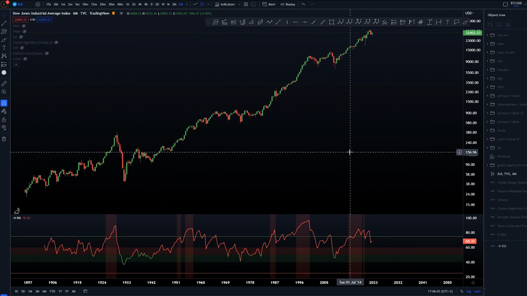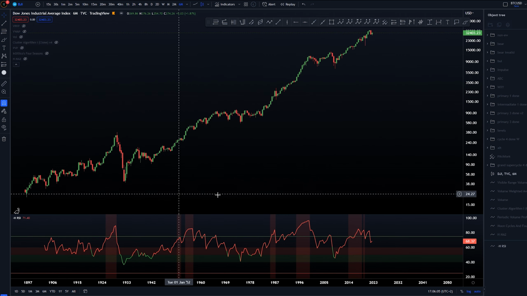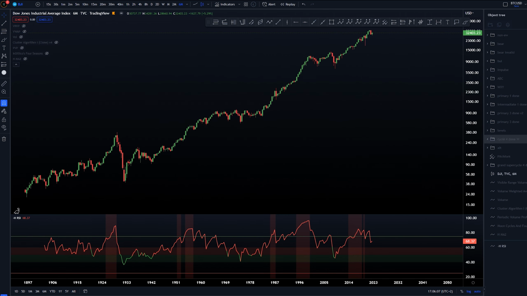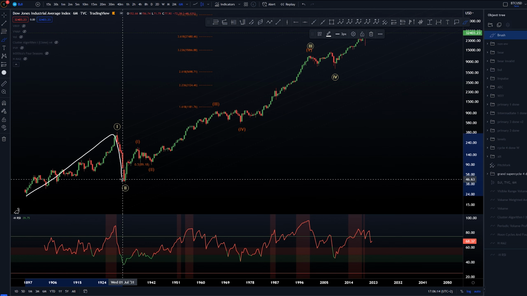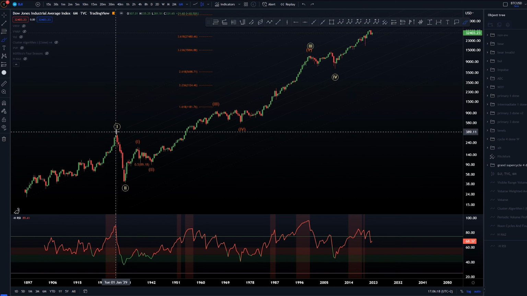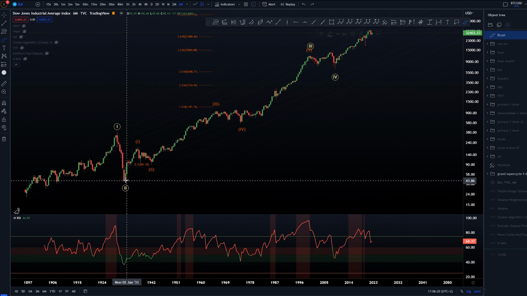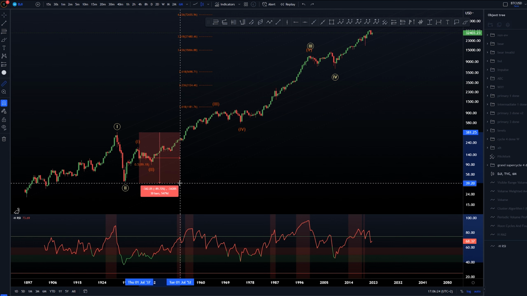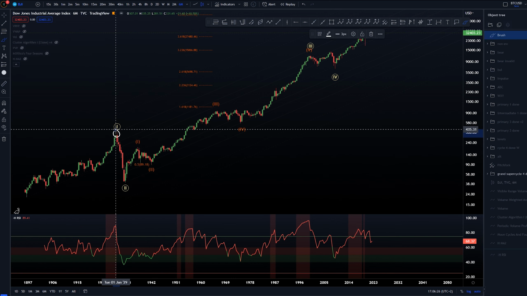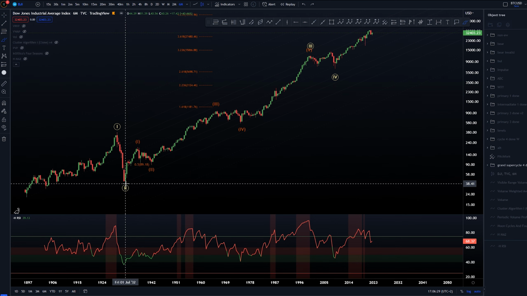Starting here on the 6-month time frame and checking out this whole macro picture. The main idea is still this one, in which we have already created a wave 1 of grand supercycle, wave 2 grand supercycle around the 2000s, and the 2001 crash was the wave 2 of grand supercycle, taking us down 90% of the price that we had on Dow Jones.